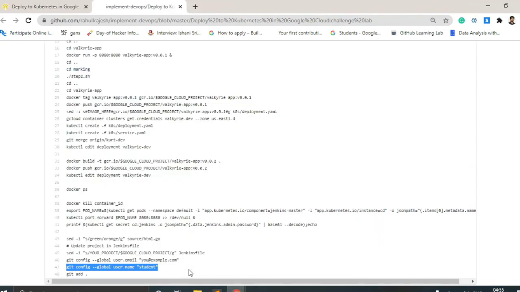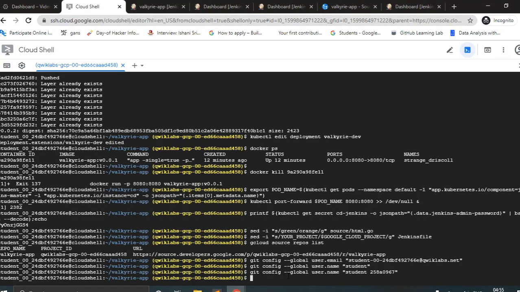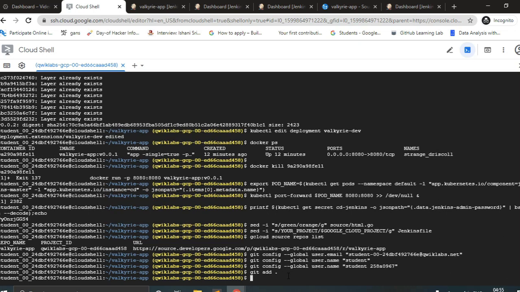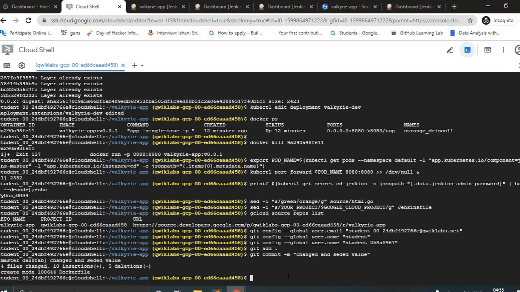After that, I guess git add, yes, git add dot, git commit -m changed and seeded values. You can write any message again, and we are all set.